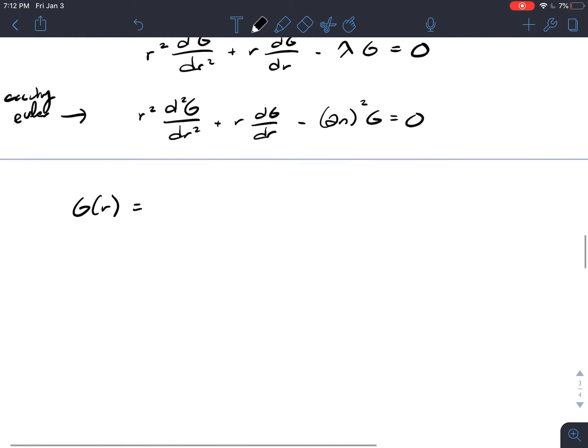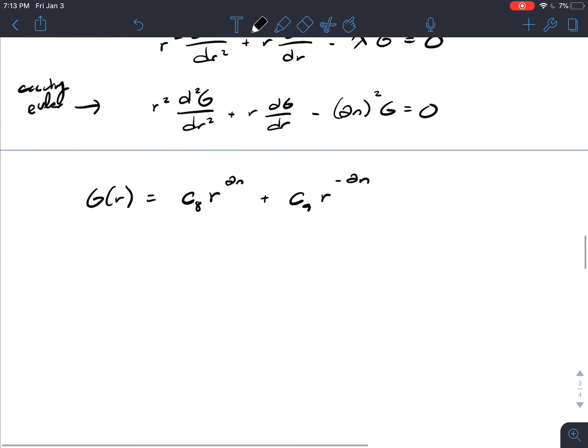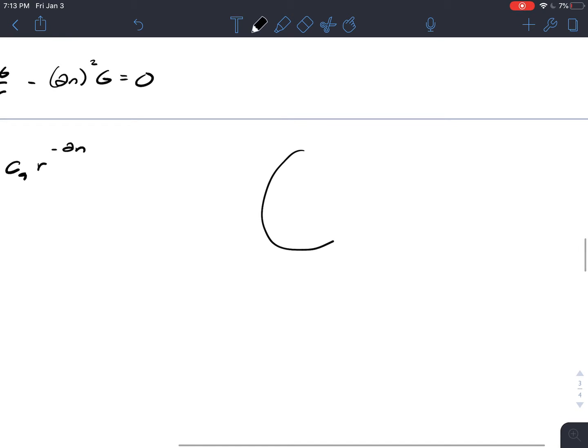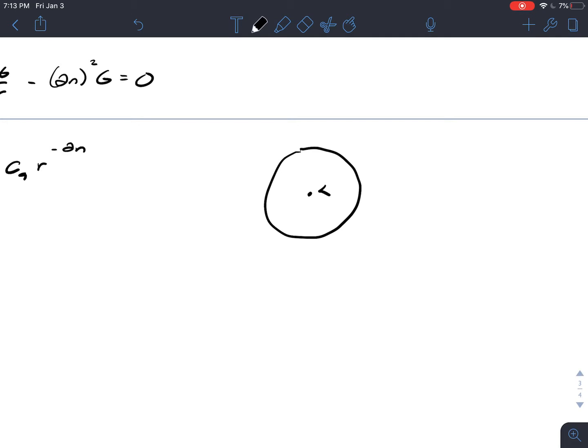So I think we're on constant C8 now, I believe. Yeah, C8. So the solution for g here is going to look like this, where we have C8 r to the n plus C9 r to the negative n. Cool. And this is for when lambda is greater than 0, as I said earlier, right? So now there's a new boundary condition called the boundedness condition, okay? The boundedness condition essentially states that at the center of the circle, so if we draw a full circle here, I know we're working on a quarter circle, but this is for any problem where we contain the center, right? At the center in polar coordinates,